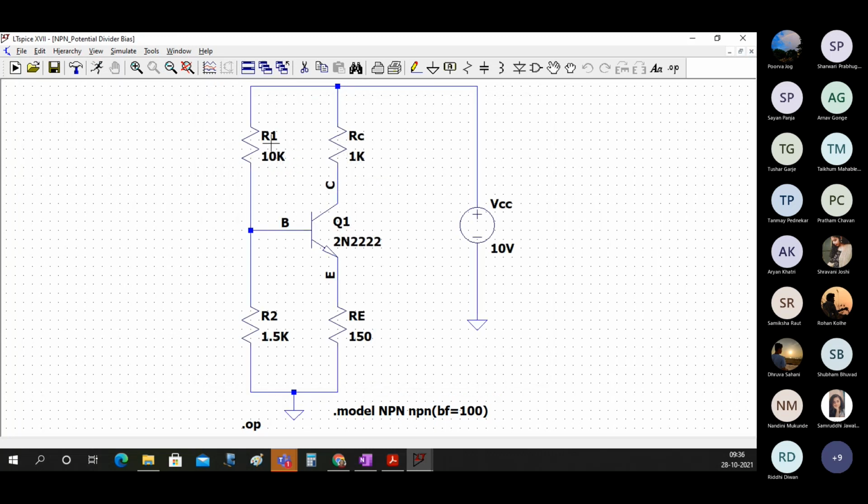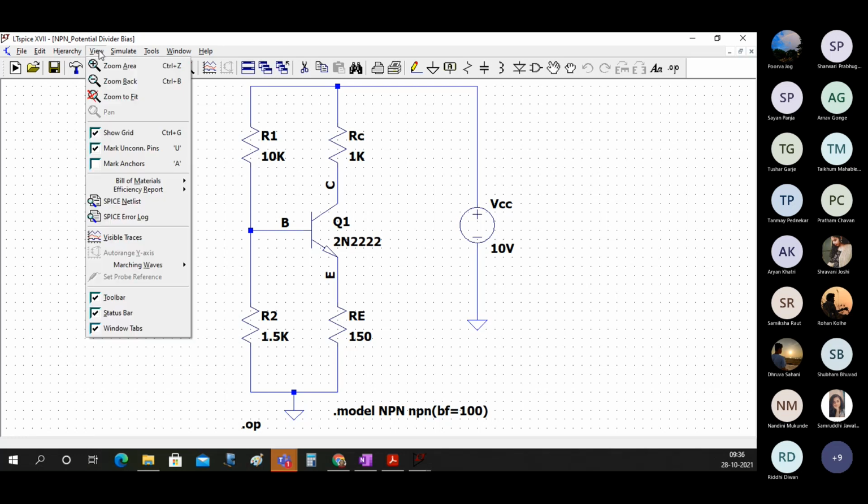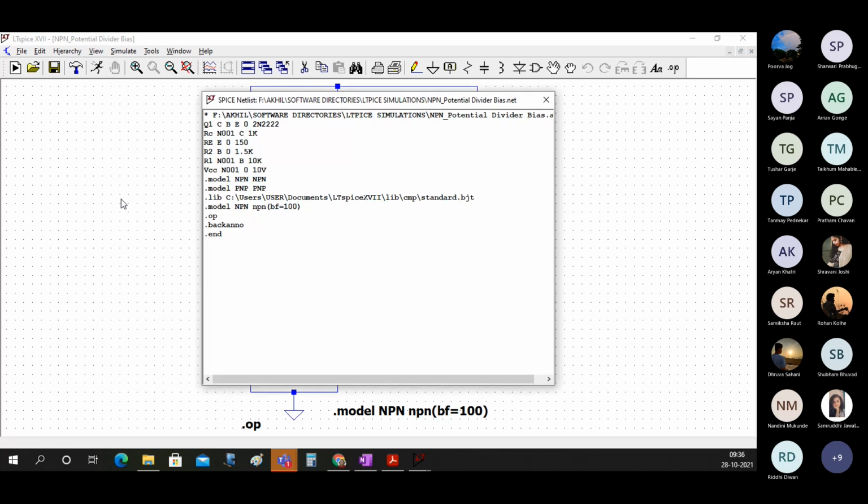Okay, so this was simple. You are dragging and dropping the components. But sometimes you have to tweak it using code. So actually what we never saw is this, that is the SPICE netlist.